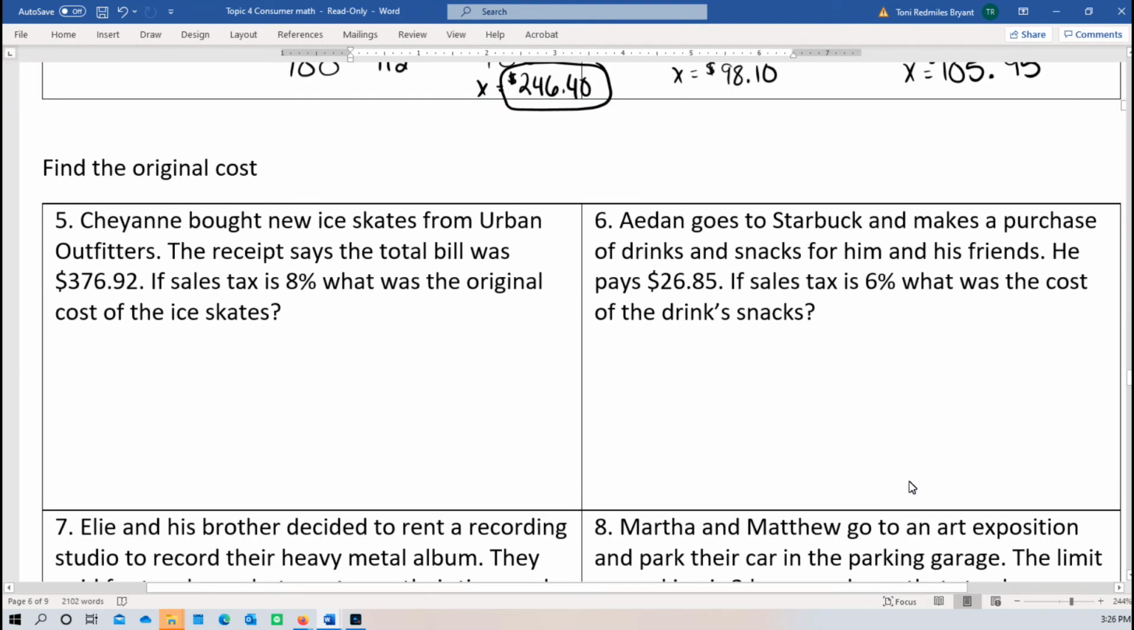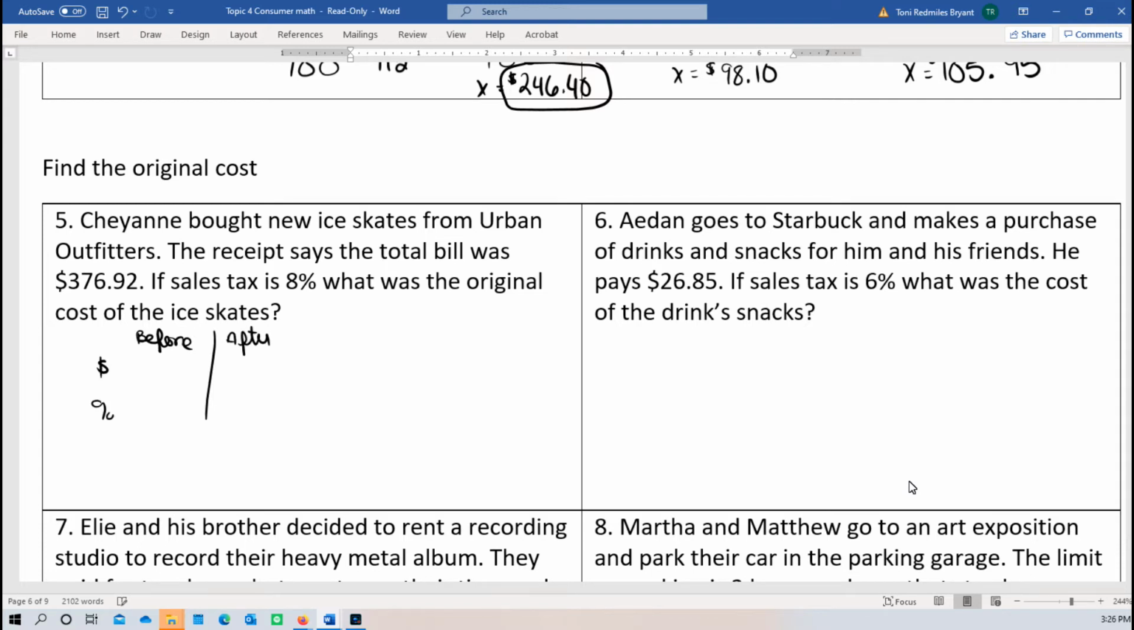We're halfway through. Cheyenne bought new ice skates from Urban Outfitters. The receipt says the total bill was $376.92. If the sales tax is 8%, what is the original cost of the skates? So now I got to figure out the original cost given our after. So remember, it goes before, after,